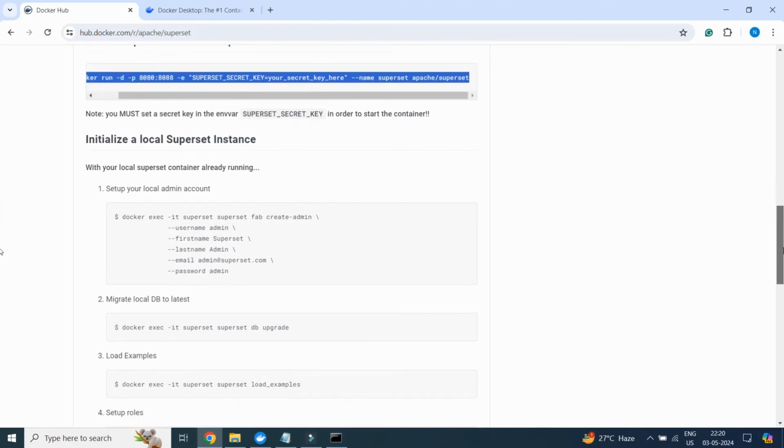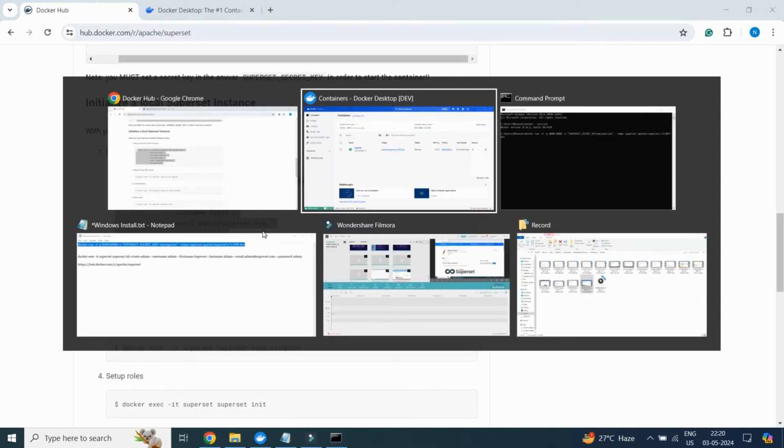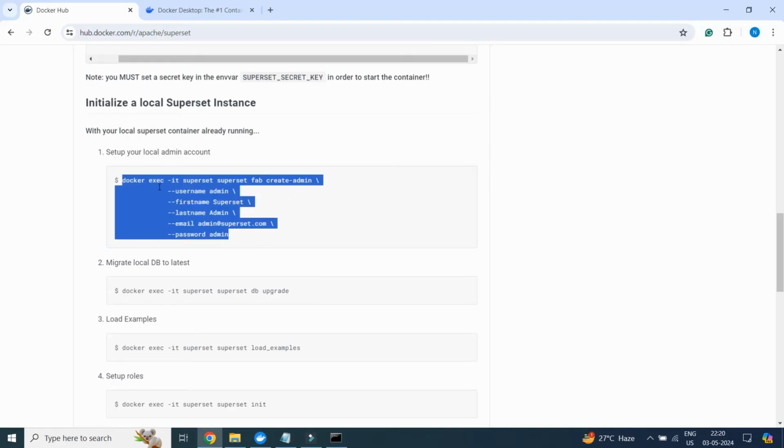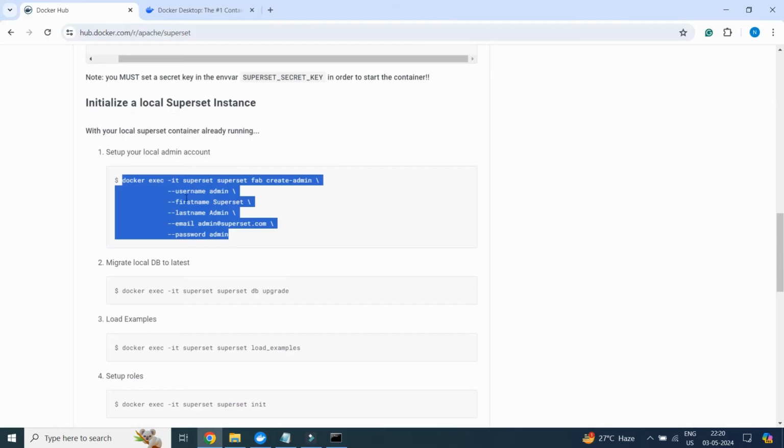Then the next step is to use this command: docker exec -it superset fab create-admin. Sometimes we face issues in creating the admin.